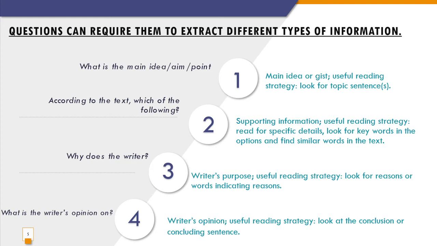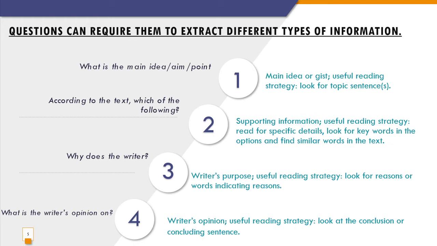What you can do is look for a topic sentence, that is a statement associated with the paragraph that conveys the main aim of the paragraph. Or you can look for a text which is following a particular meaning. Like you can look for specific details or keywords in the options and find similar words in the text. That is a rather simple trick to score good marks for this exercise or to get the correct option. You can look at the keywords in the options, and then you can choose which is the correct option by comparing it with the paragraph.